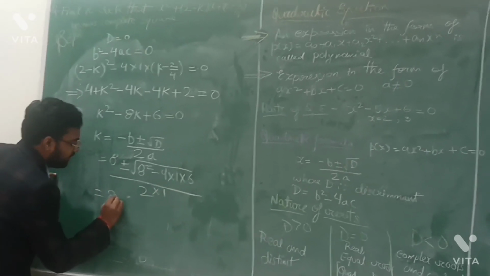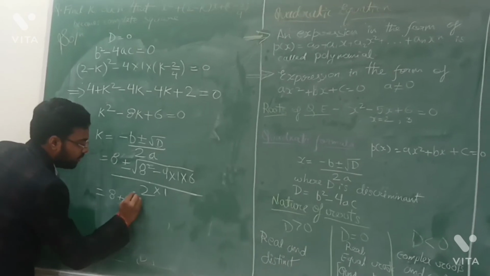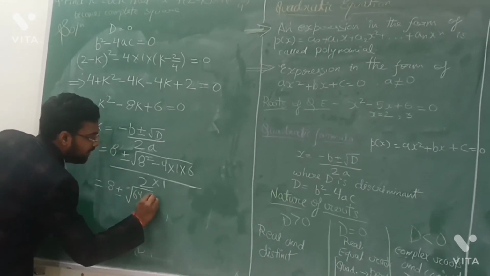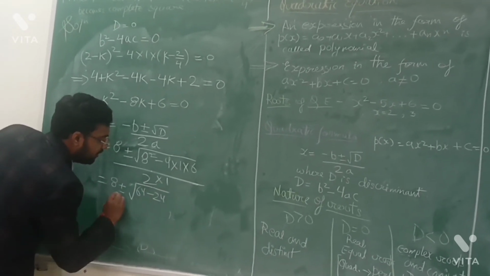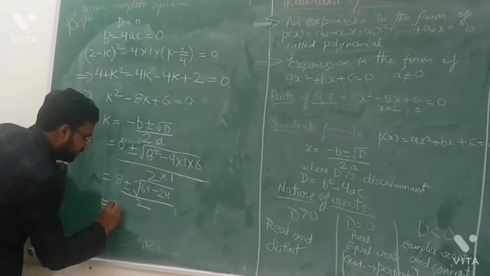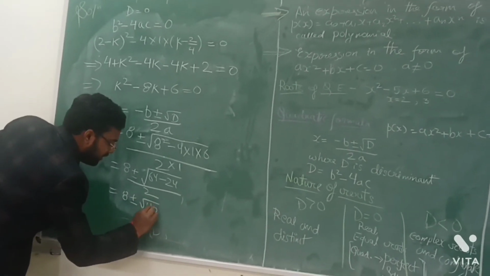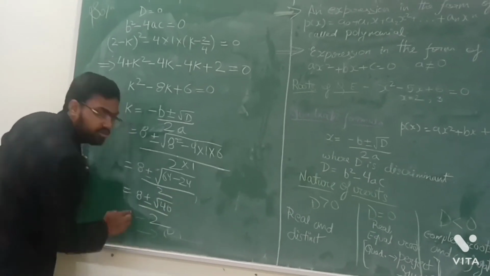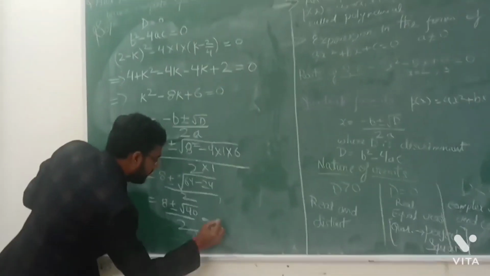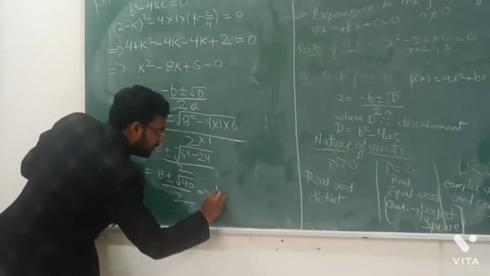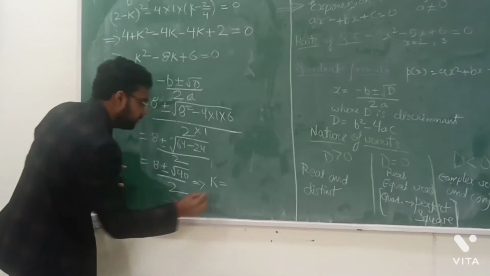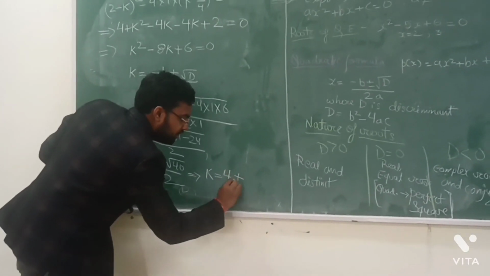We have (8 ± √(64 - 24)) / 2, that is (8 ± √40) / 2. On solving this, we get k = 4 ±